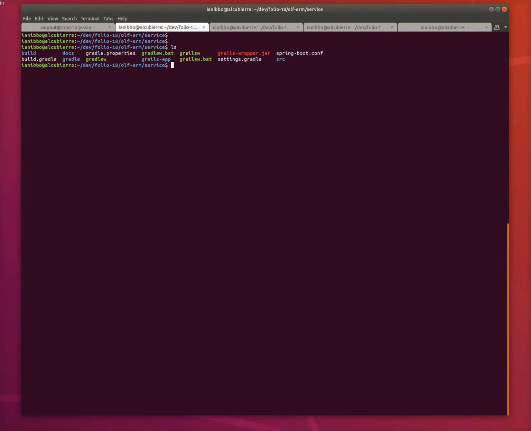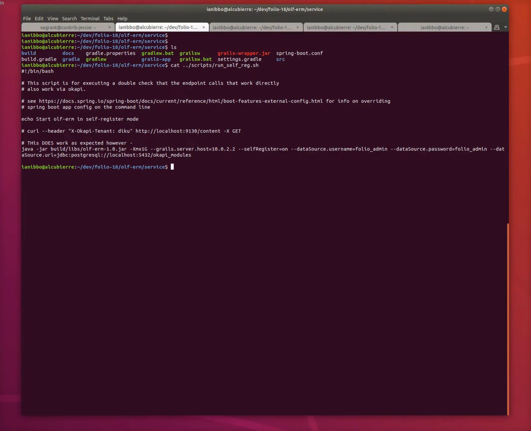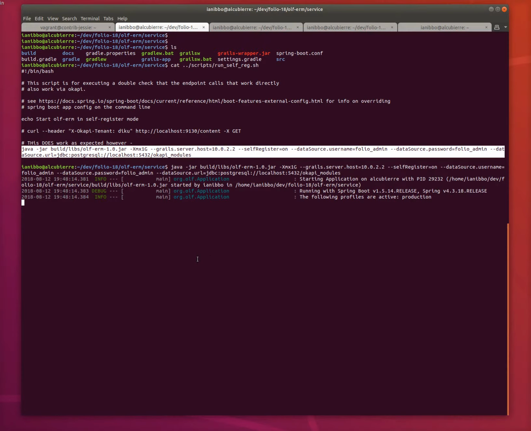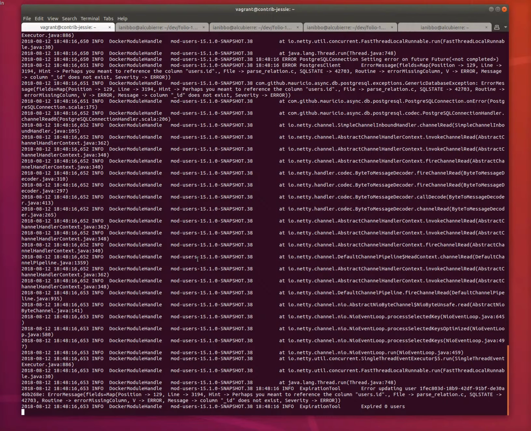This is the backend service module, which I've made sure we've built. In our scripts directory, we have a shell script which starts this up. I'm just going to copy the command here. We can run the module in many different ways, but while we're on a development machine, this is the script that will start the module for us. So we run that, and if we move over to our Okapi logs,